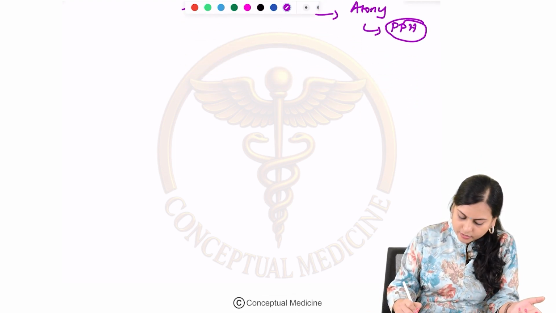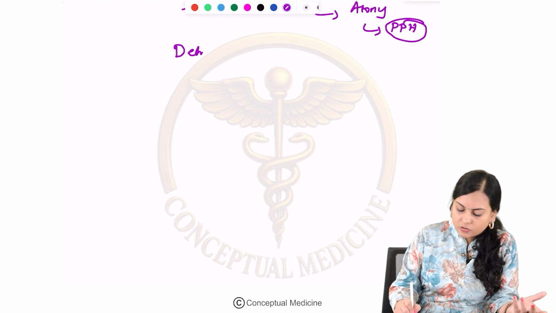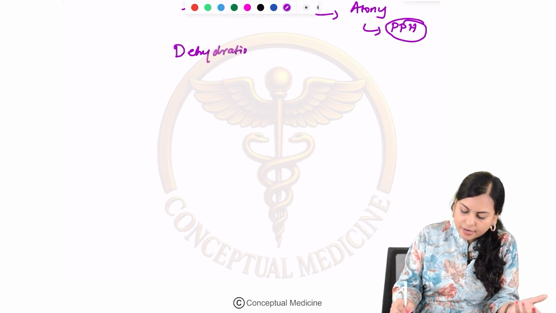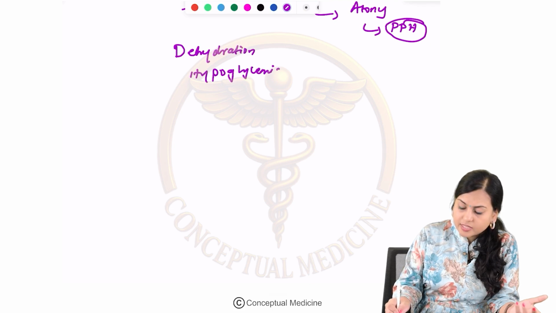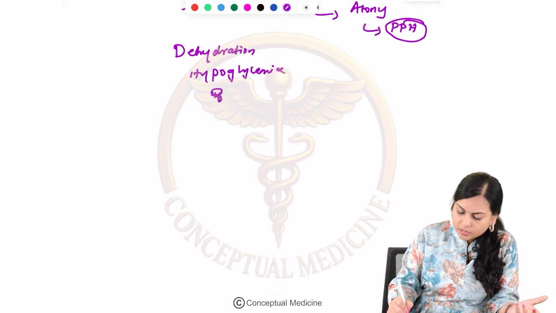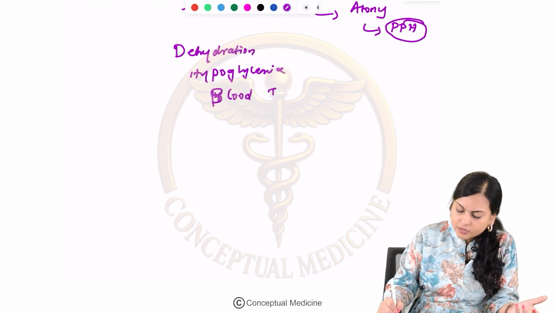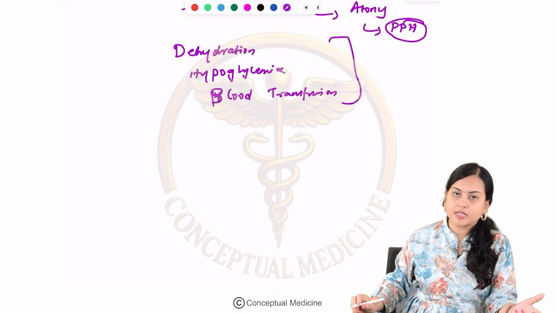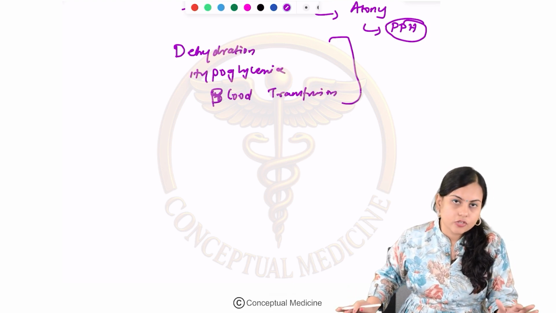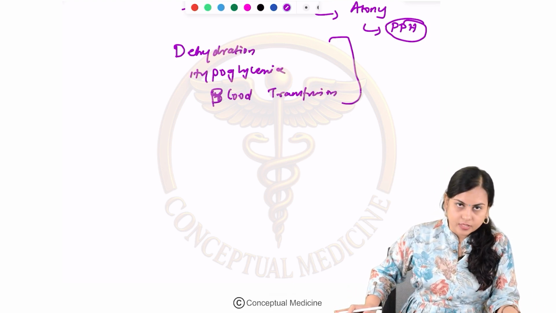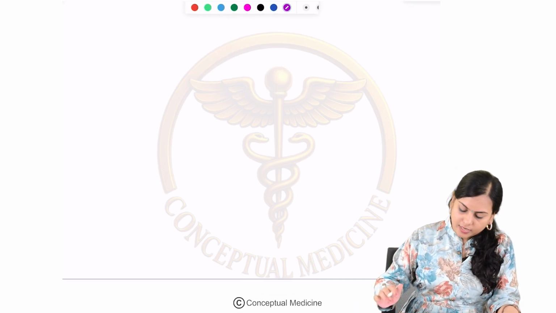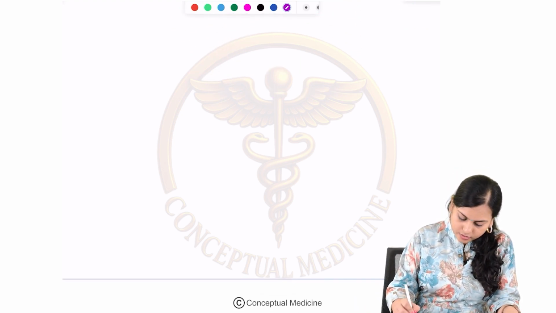And also if there is a chance of dehydration or hypoglycemia, okay, or there is a need of blood transfusion, okay, very important. So, all these are possible, and hence IV access during the early stages of labor is very important. Clear? And the next one is